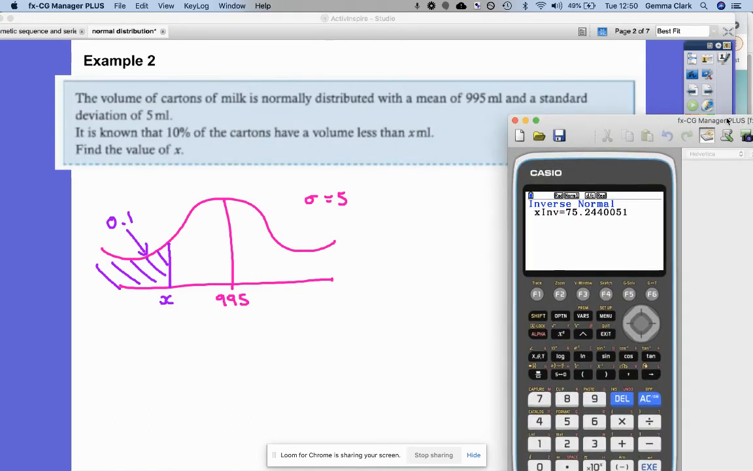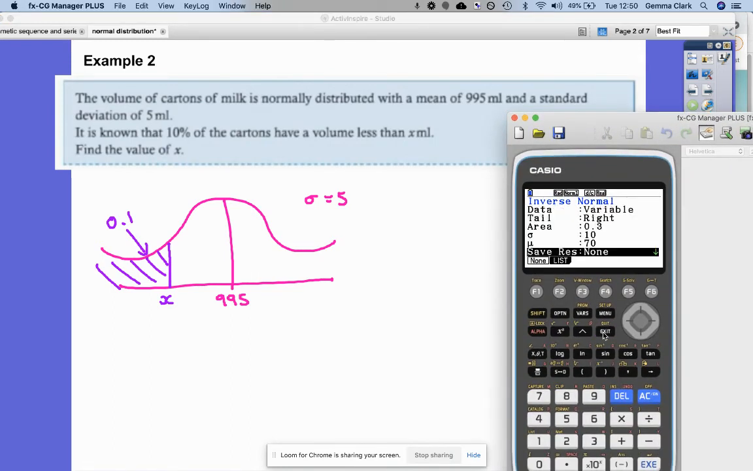And now I just need to go back into here. I'm going to press exit and just put those values in. So this time my tail's going to the left, isn't it? It's less than. So left, and then I'm going to go down and put in the area, which is 0.1, and I'm going to put in 995, which is, oh no, it's not, hang on, it's sigma next, isn't it? It's 5, and then it's 995 for that one. Okay, and that is